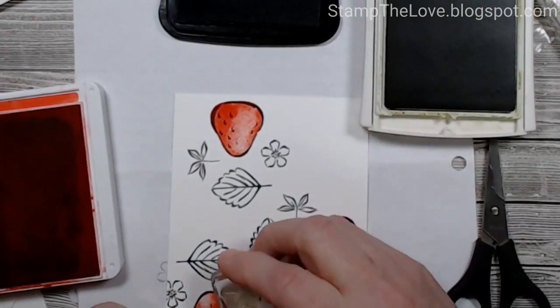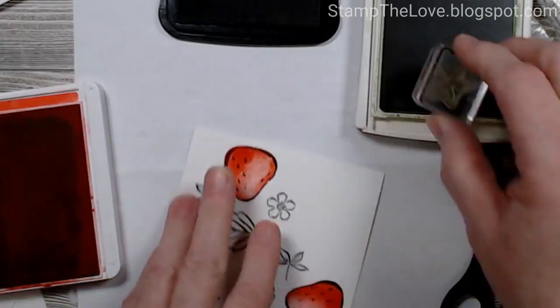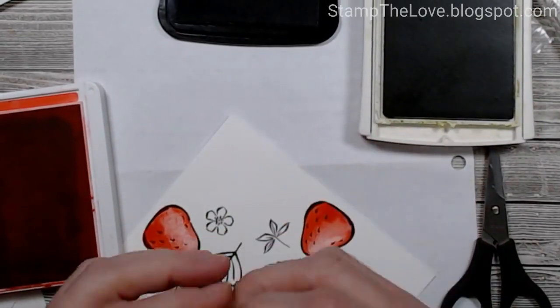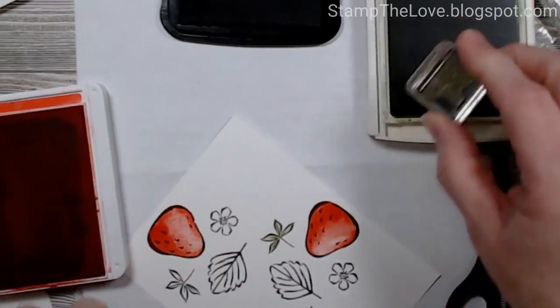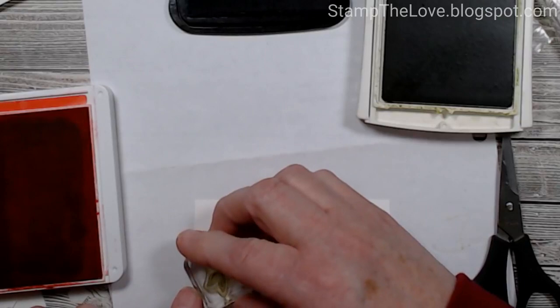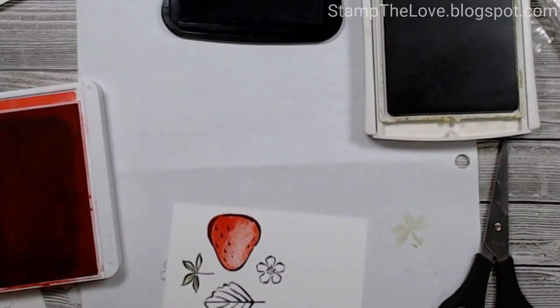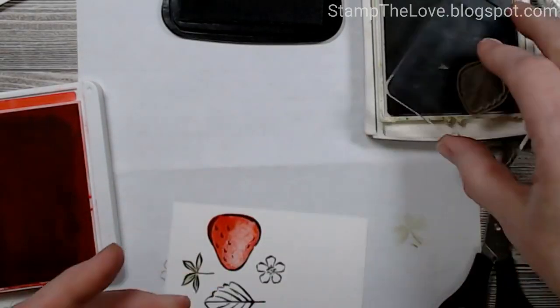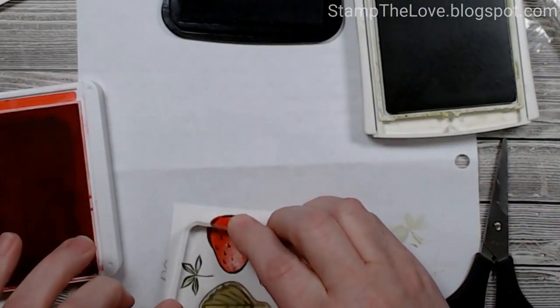Let's get our cap stamped. Three of them. Oops, gotta get the right direction here. One more. Okay, and then we need our leaf, and I don't think we used him yet, so let me get him out of here. And I have one more block here. All right, so